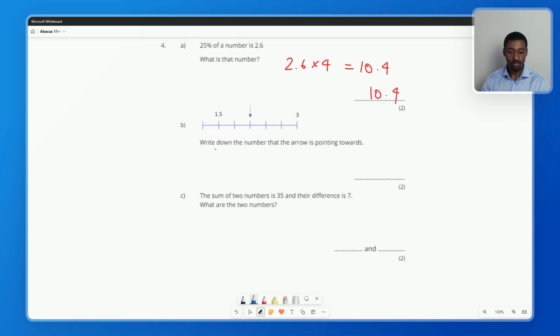Now for part B, we have 1.5 here, 3 here, and we have to work out what's going to go here. So let's just see how many bounces or gaps there are. So to get from 1.5 to 3, there are 1, 2, 3, 4, 5 gaps. And if the difference between 1.5 and 3 is 1.5, right? 3 minus 1.5, then that means if there are 1, 2, 3, 4, 5 gaps, each gap must be worth 0.3. 1.5 divided by